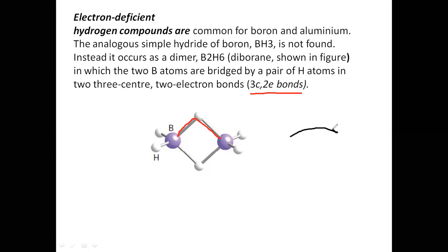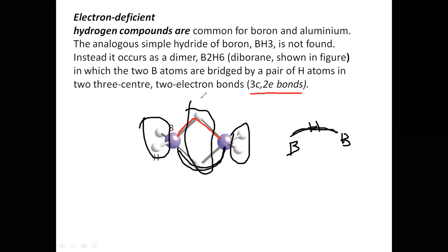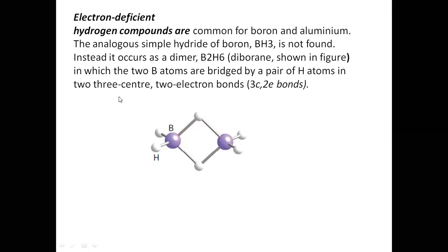This bond is like this. It is called a banana bond, and there is a hydrogen, so three centers are there. Hope you understand this. Boron, H, boron: three centers, only two electrons. Similarly, this also is three centers, two electrons. Two types of bond. This terminal bond is strong, and this is a weak bond. So this is about the electron deficient hydrides, and especially diborane. See here also